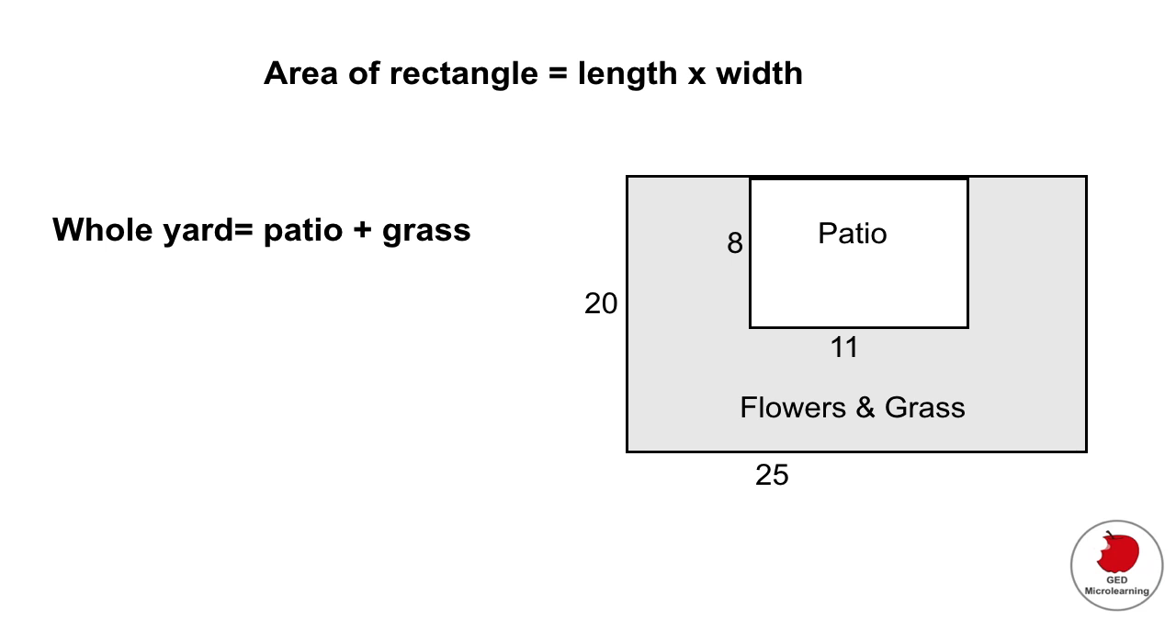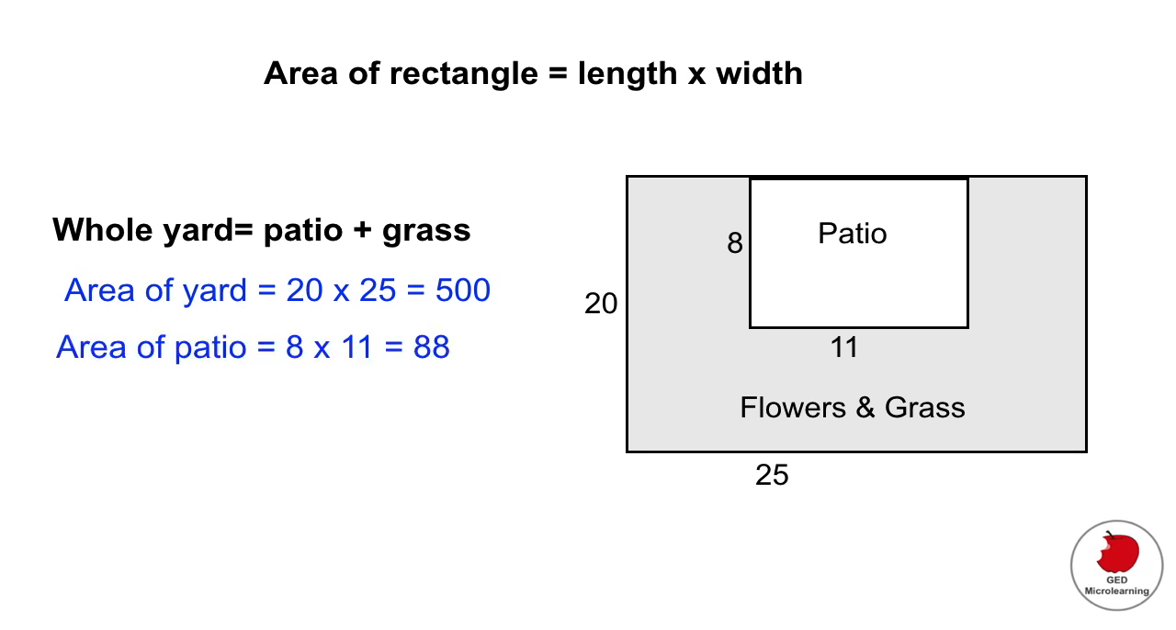So if we look at the whole yard, we would have to multiply the length and the width. So in this case, 20 multiplied by 25, which gives you 500. If we do the same thing for the patio, it would give us 8 times 11 is equal to 88. Okay? So now we have that the whole yard is going to be the sum of these two, so 588. So if we wanted to find out just how much of that is the grass, we would basically subtract